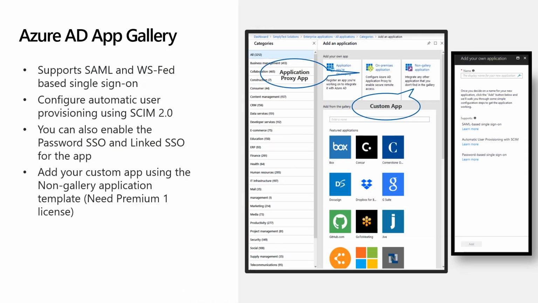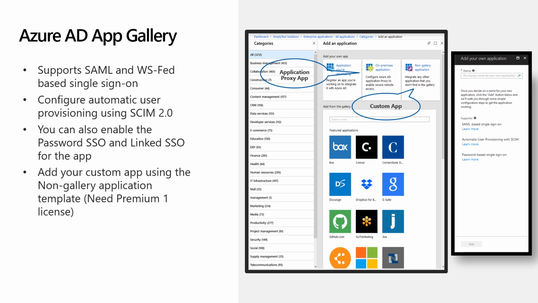We talked about the Azure Active Directory App Gallery. What the App Gallery means is that inside the product we have built this particular experience for our mutual customers. So this is a common space which all our mutual customers can see. When you go to Azure Active Directory and Enterprise applications and you want to add any new application, you will see this experience where you can find any application.